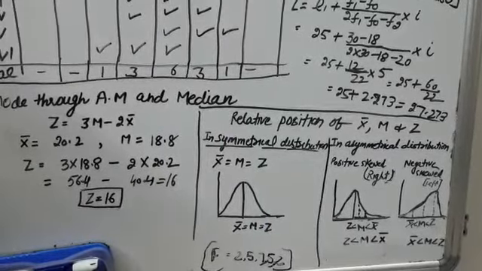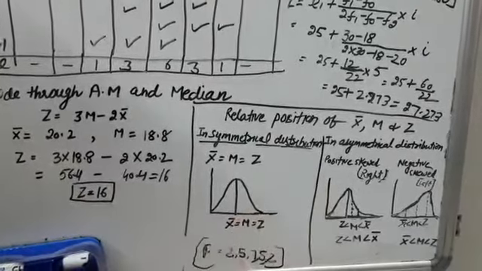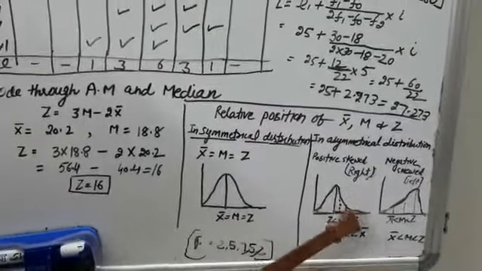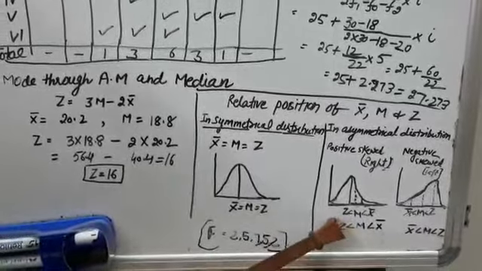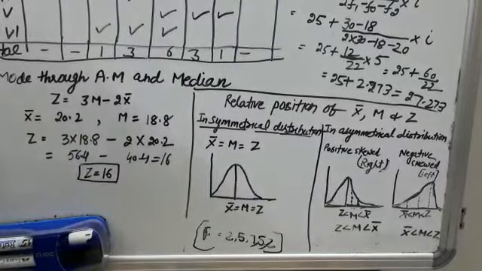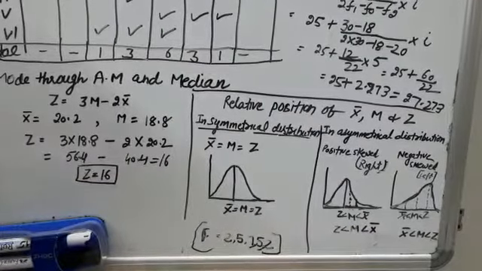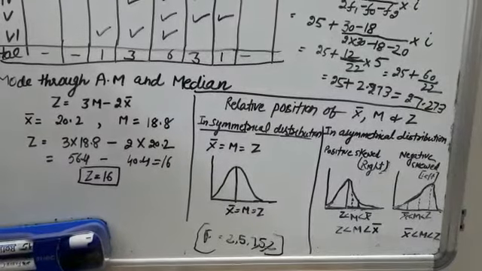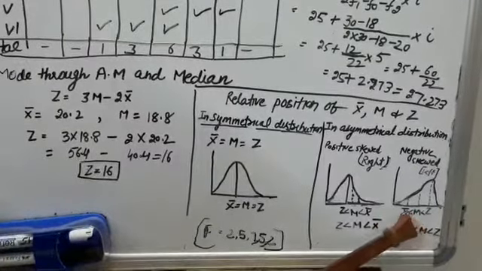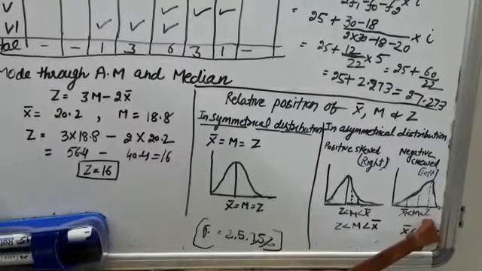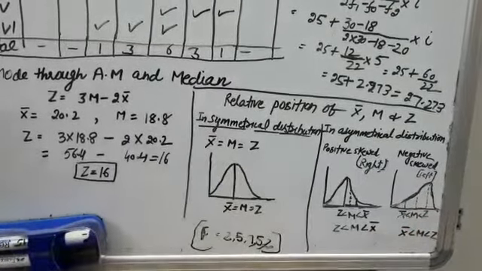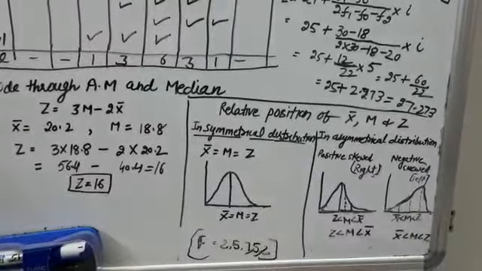Here is the highest frequency, this is the mode, and in such a case mean is equal to median is equal to mode. But in case of an asymmetrical distribution, if the frequencies or the curve is skewed to the right hand side, then mode is less than median is less than mean. Whereas if we plot the frequencies on a curve skewed to the left like this, then mean is less than median is less than mode. Mode is clear, it is the value with the highest frequency. So it is clear median always lies between mean and mode.